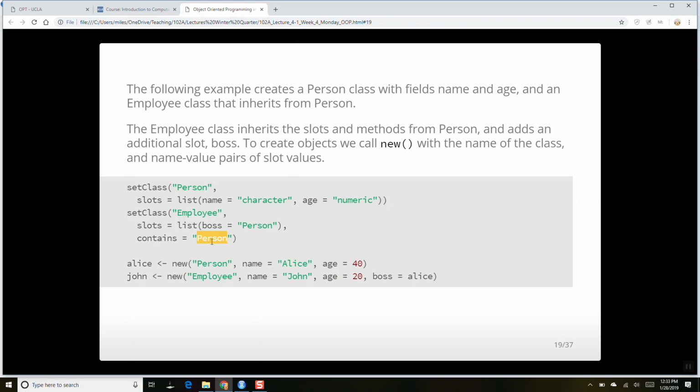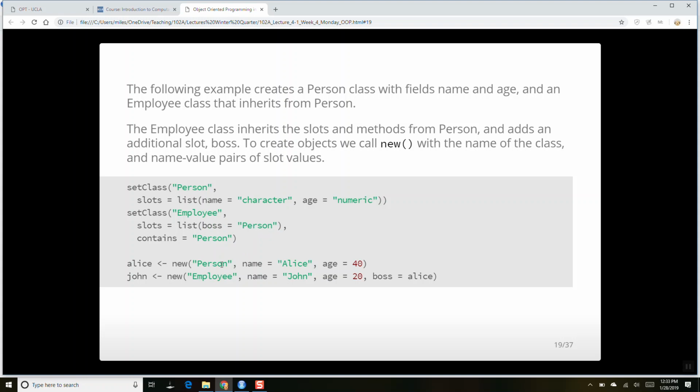It says contains person. So this employee will inherit everything that comes from person, meaning it's going to have a name and an age. But if it's an employee, it's also going to have an additional field called boss. And boss itself has to be another person.